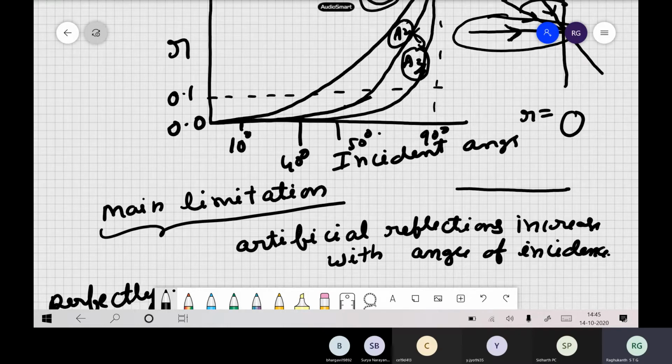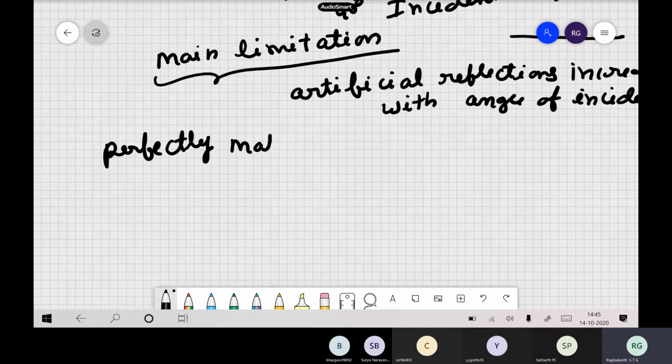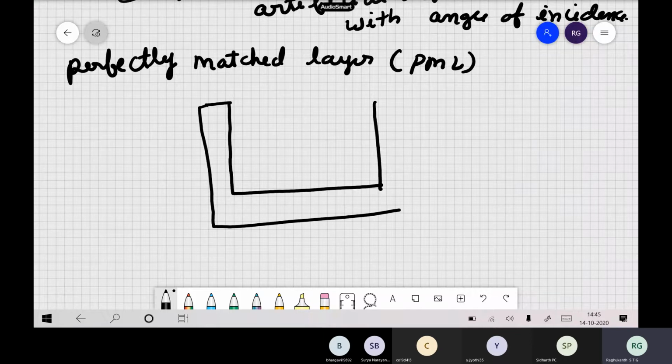Now let us see this. This is an old one, paraxial. Just for completeness, I have told you. But right now, many codes don't use this boundary condition. People use the perfectly matched layer theory. This is a new theory, and it works much better than the previous case. PML: here also the concept is the same. If this is our medium, you want to model it, and as I already told you, you have to represent everything in terms of differential equations.